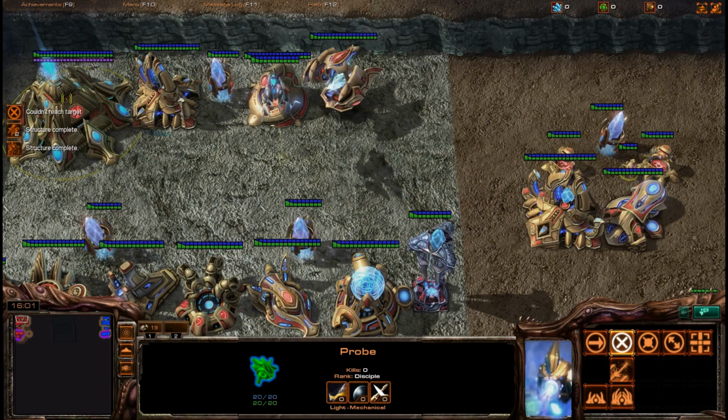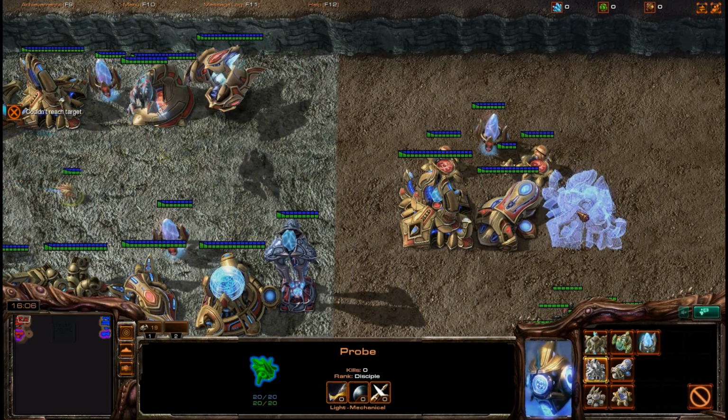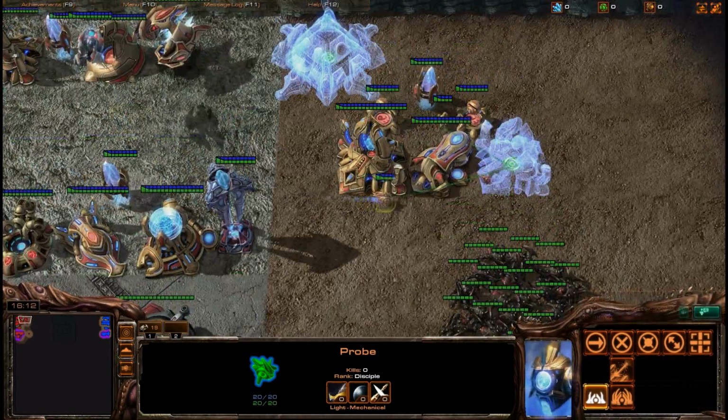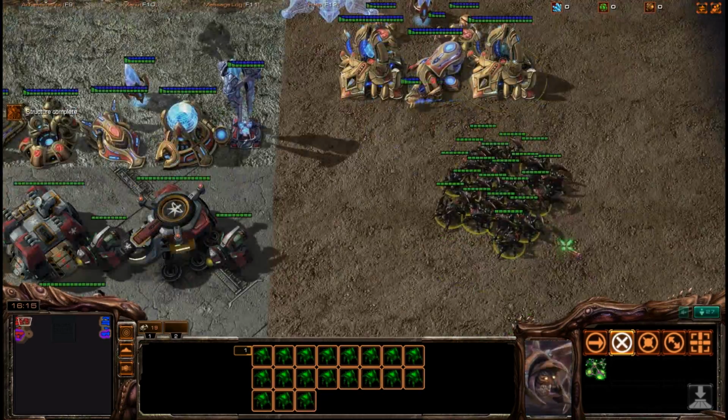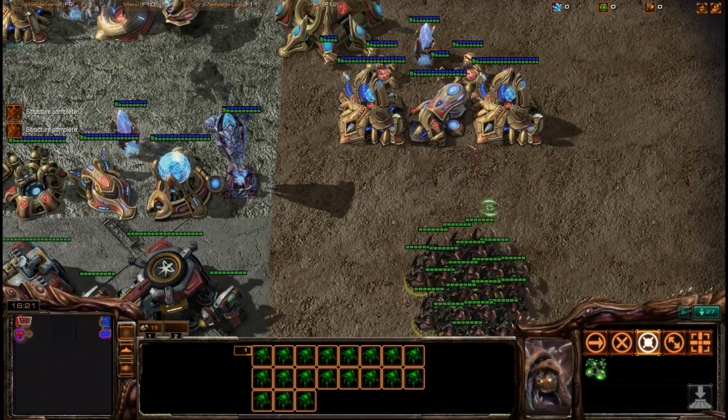Oh no, I got my probe stuck. Let's go ahead and make another probe. And they'll have another Gateway maybe, and of course their Nexus will be, you know, somewhere back here or something. So this is what the typical Protoss Forge Fast Expand might look like, but now roaches can actually range against